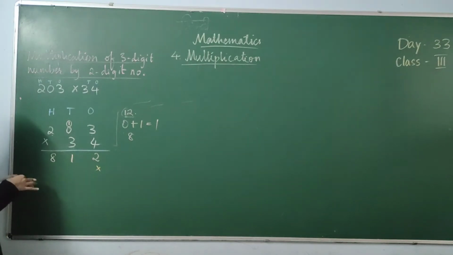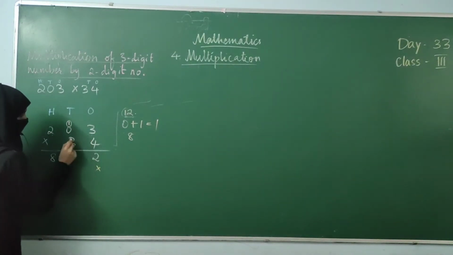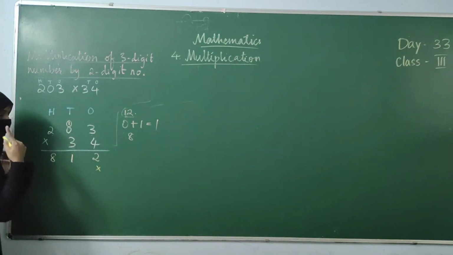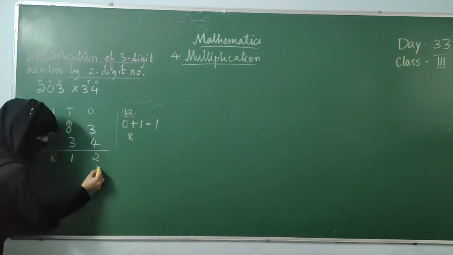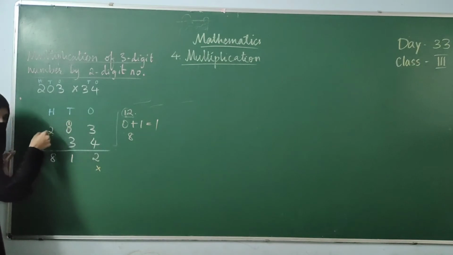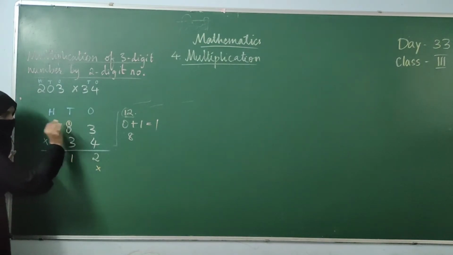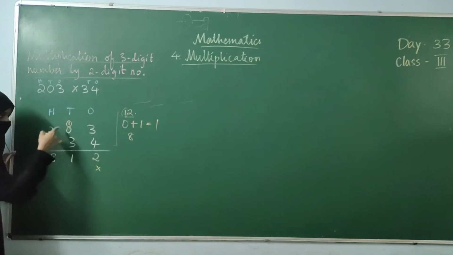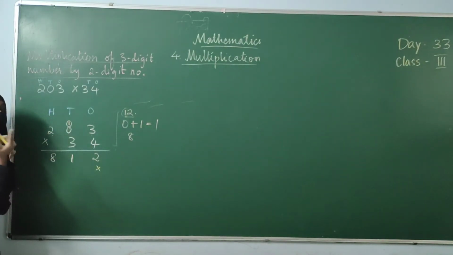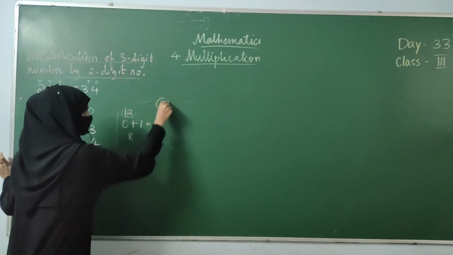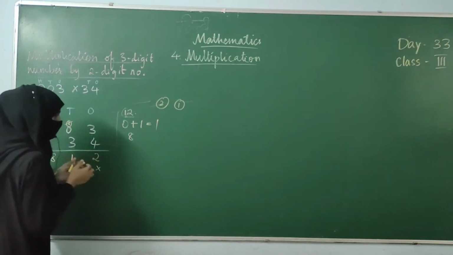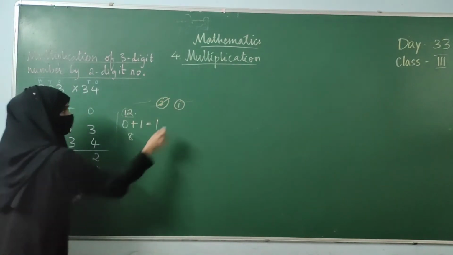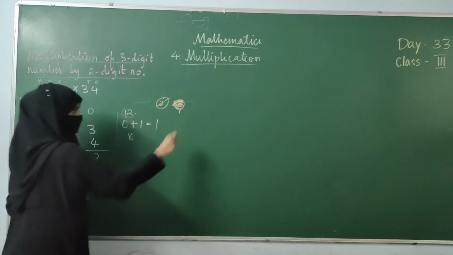Now second step. Again we will multiply with each one of these. And I told you, while going for second step, first put a cross mark and cross out any number that is there in the carrying. Because this is the old carry, it was the carry with 4. If you don't cross it out, you may commit a mistake. You might add it in 3 also, so cross it out. Crossing out means whatever number you are carrying, just strike it off a little. No need of scribbling it like this.